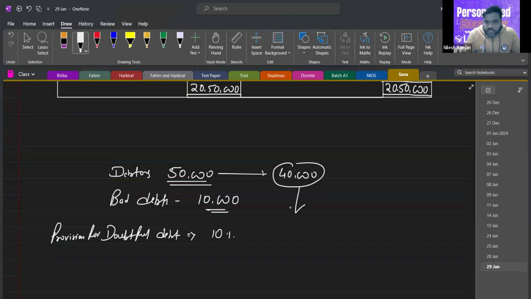Now you will create the provision on this amount. You assume that 4,000 will not be received: 40,000 into 10%, 4,000. So the amount that we get after deducting bad debt will be used to calculate provision for doubtful debts. So we will discuss this concept